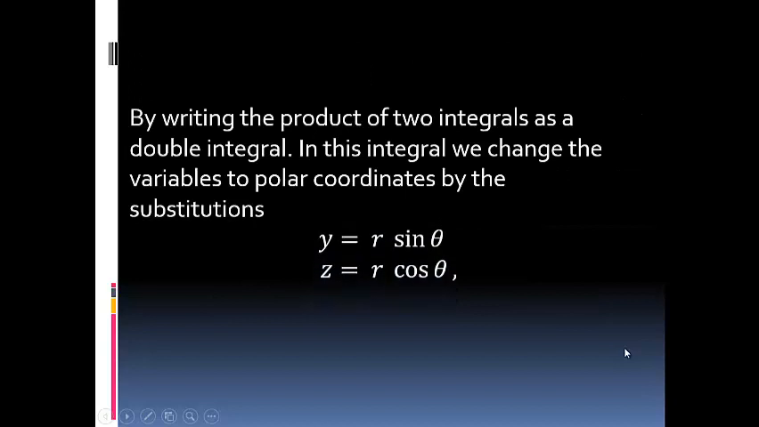by writing the product of two integrals as a double integral, in this integral, we change the variables to polar coordinates by the substitution. We let y equal r sine theta and z equal r cos theta. And then we get that dy dz is equal to r d theta dr. So the integral becomes